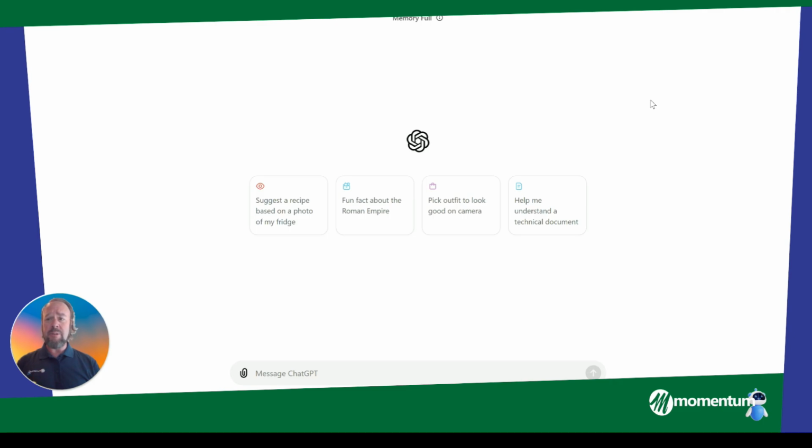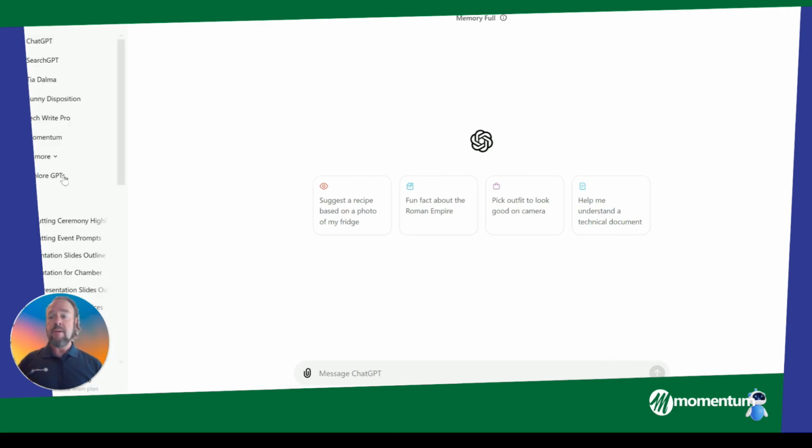So ChatGPT has a tool called GPTs. A GPT is a bot where you can automate processes that you have to do over and over again, to limit the amount of input that you have to do. Anything you do in a GPT, you can do in your regular ChatGPT window, but you have to prompt it every single time. So I'm going to show you where these are.